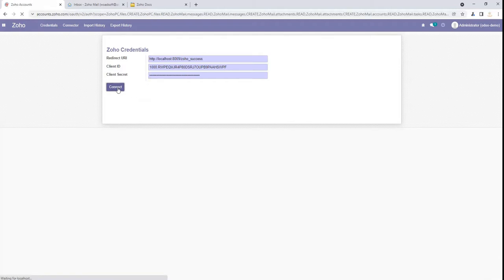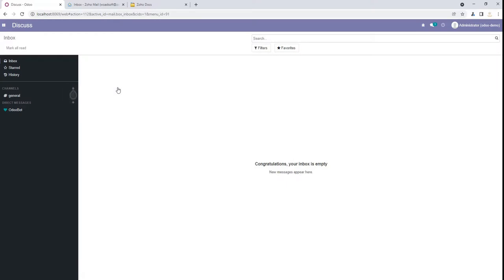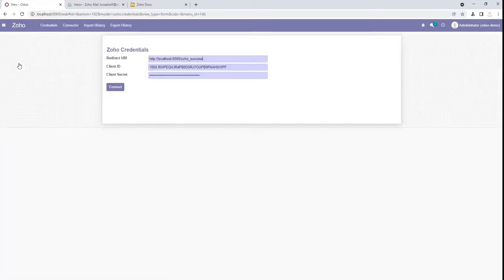It will authorize the specific account you are using. If you have already authorized that account, it will redirect to Odoo. As you can see, after that we go to Zoho. So the credentials part is covered.